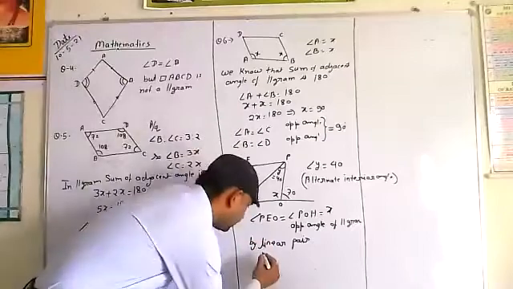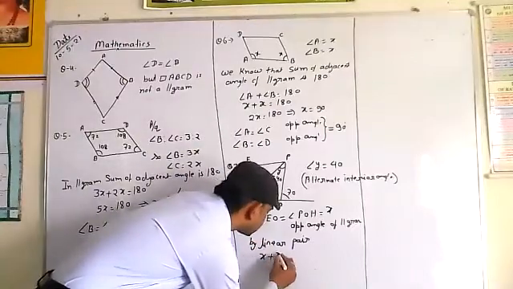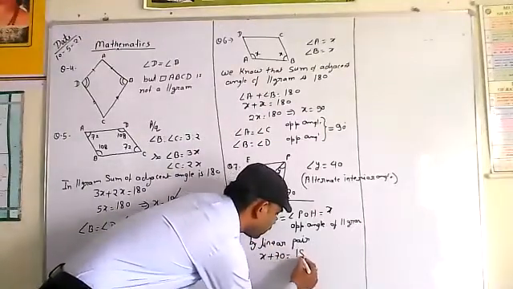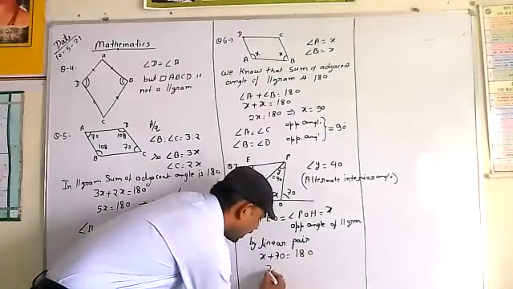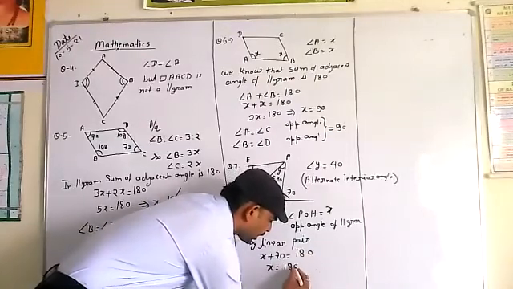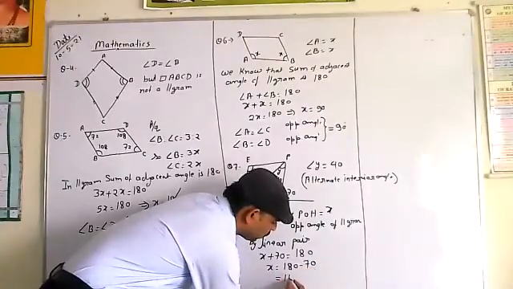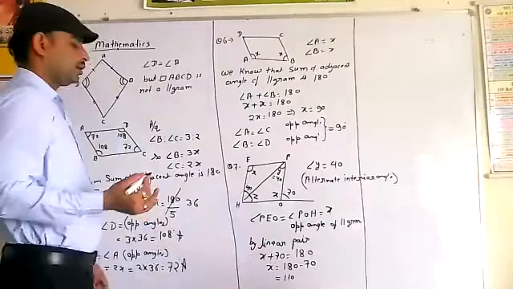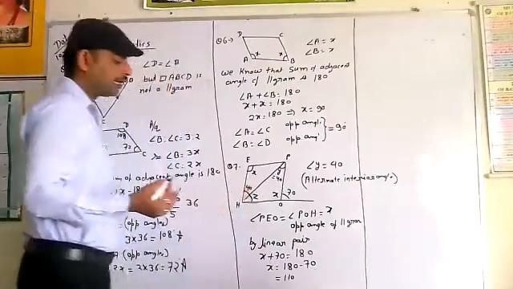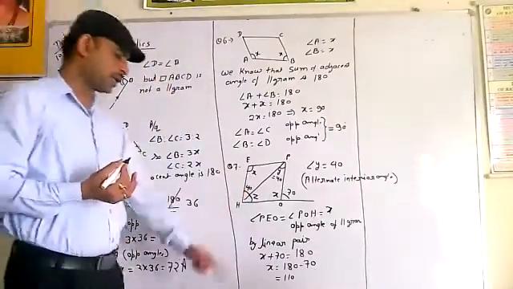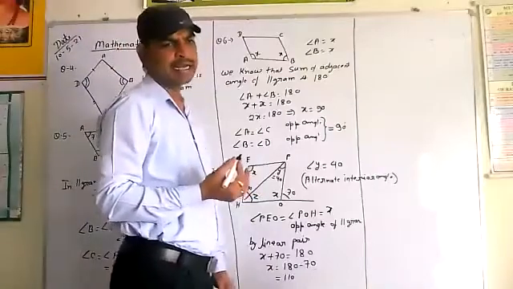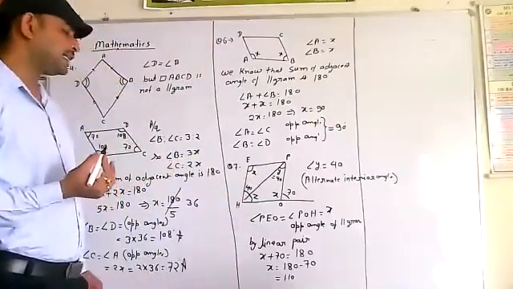So linear pair, angle x plus 70 is equal to 180 degrees, x is equal to 180 minus 70, that is equal to 110. We get 110. So this is x की value. We find x equal to 110, and z.